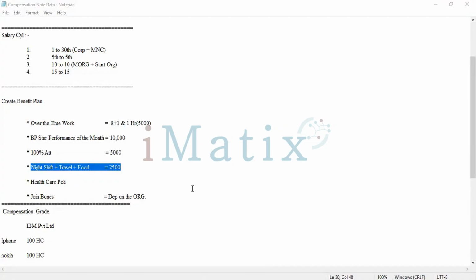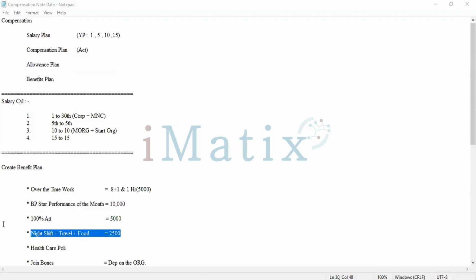Am I clear? Now tell me which allowance you would like me to create. I think these are at least common, like night shift, travel and food. Maybe we can take the night shift allowance. These are the common allowance plans for a regular organization, provided as compensation. We picked the night shift allowance. To create a night shift allowance,